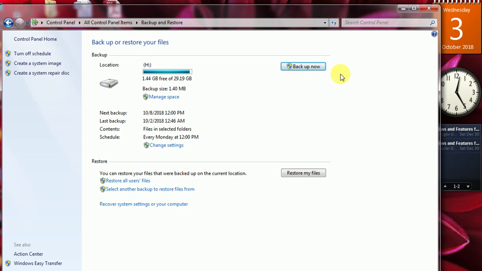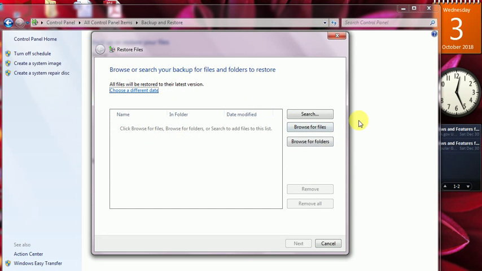Here you see this is restore my files. You can go here to restore the files, or if you know the exact location of the file that you have written on, then you go to the location and right click on the backup folder, and it will also give the restore option. So here I will try to show you these options quickly. Restore file, and this menu says to browse for files or search if you have the name of this folder. So I will